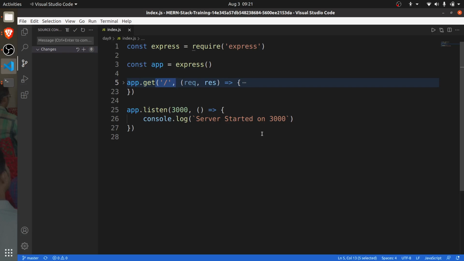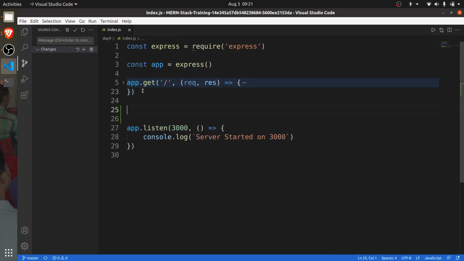The second argument is a callback function. The first is a path: invoke the get function for this root path, and once that get method is hit, this function would be invoked with two parameters, request and response.